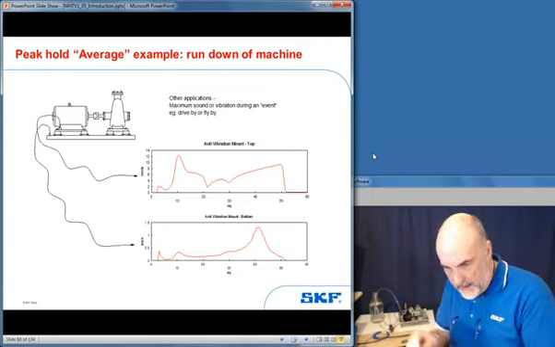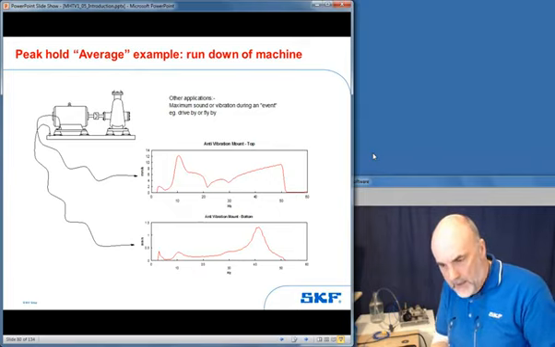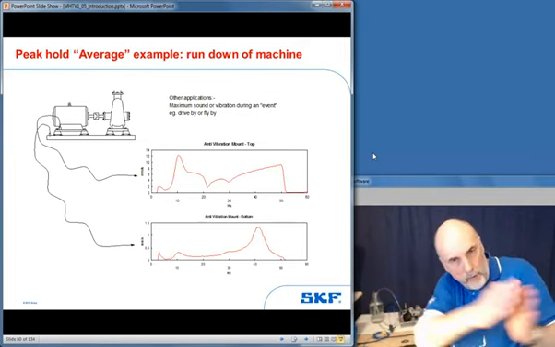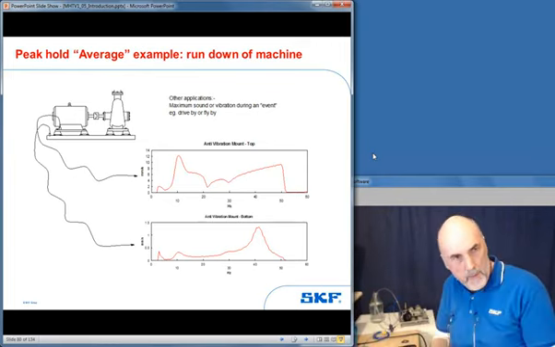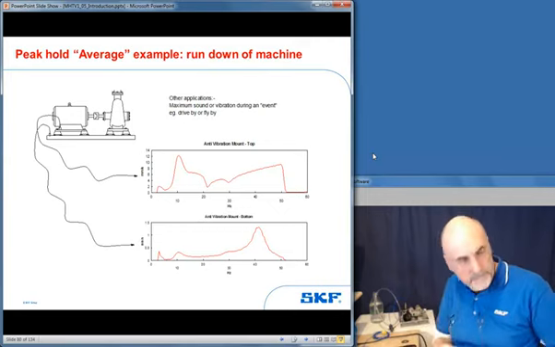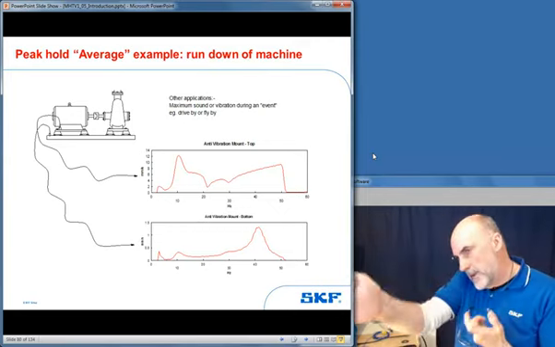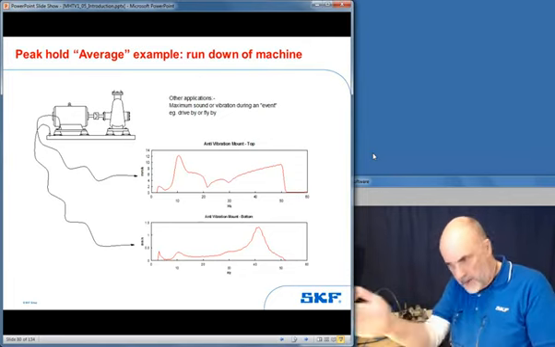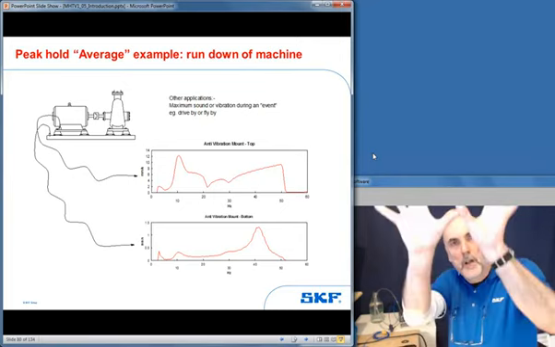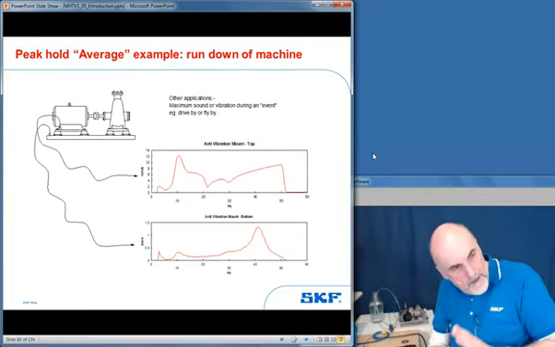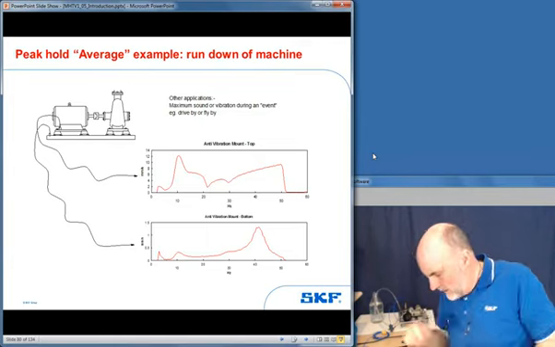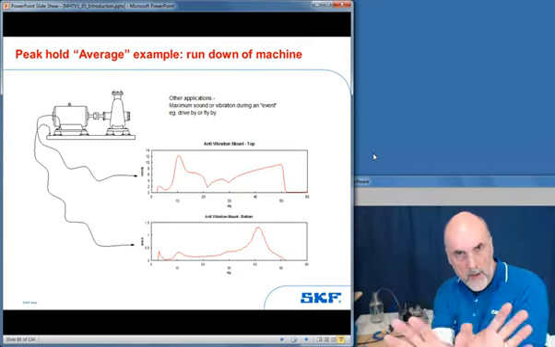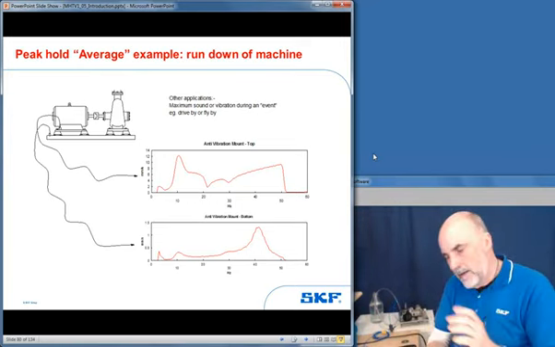It's used in acoustics for drive-by and fly-by. So if you're going to measure the noise of a motorbike, for example, you put two traffic cones 100 meters apart. You're standing there with your sound level meter or your FFT analyzer. You see the motorbike go past the first traffic cone, you press measure. The motorbike goes past, and the spectrum will come up as it goes by. As you see it go past the second traffic cone, you press stop. And that's deemed to be the noise of that motorbike, that motor car, whatever you're doing.